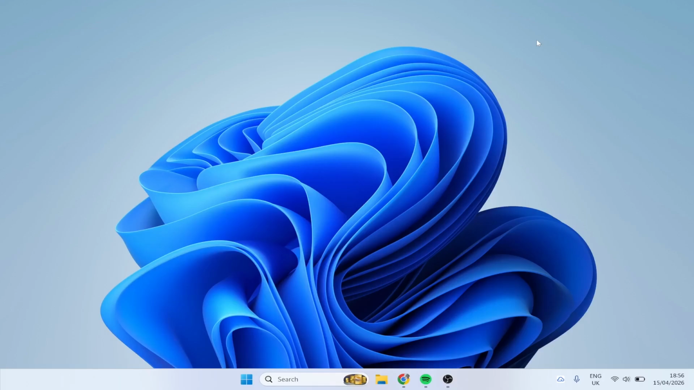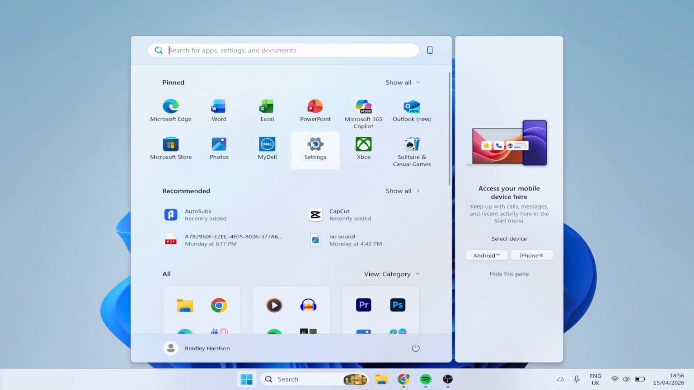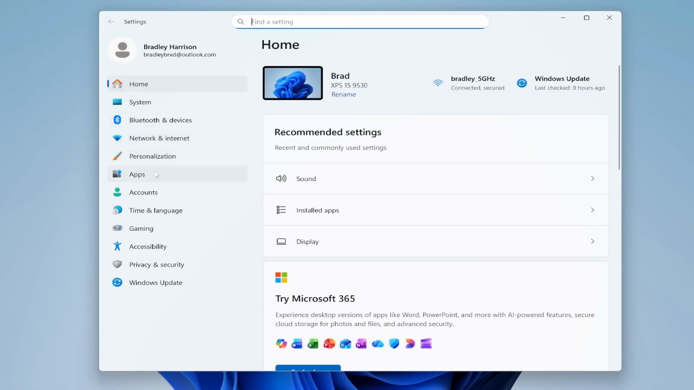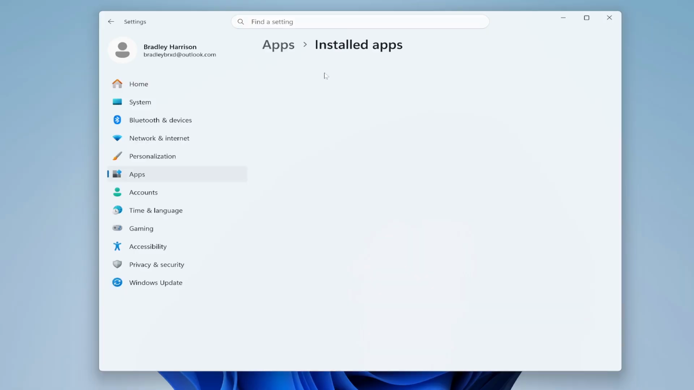In this video, I'm going to show you how you can uninstall WPS Office in Windows 11. So what you need to do is go to the Start menu, then click on Settings. Once you're in Settings, go ahead and click on Apps. Once you're in Apps, you can go to Installed Apps, and here we can go ahead and search for WPS